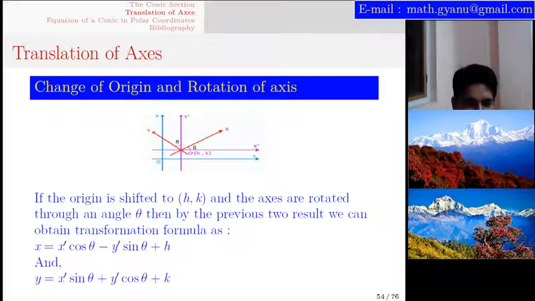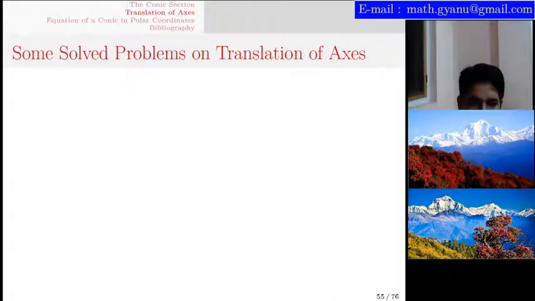I suggest, here two derivations are already done and the third one is left as an exercise. Through these two you will be able to solve this. Try it once again. If you feel you need it, you may also consult your textbook. Okay, now we'll try to solve some problems.